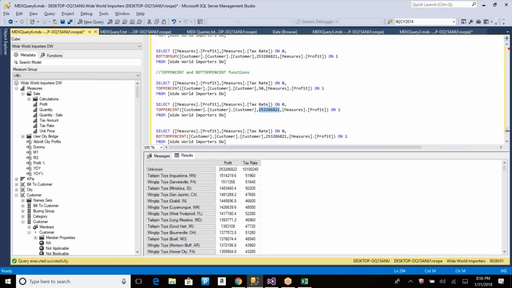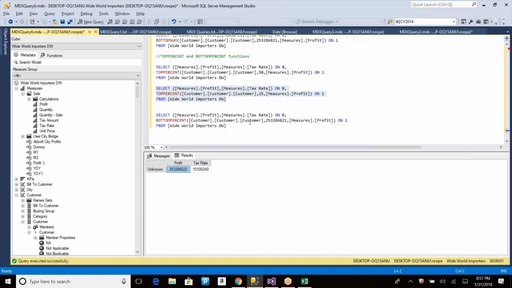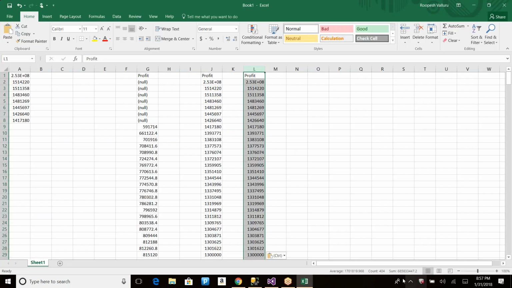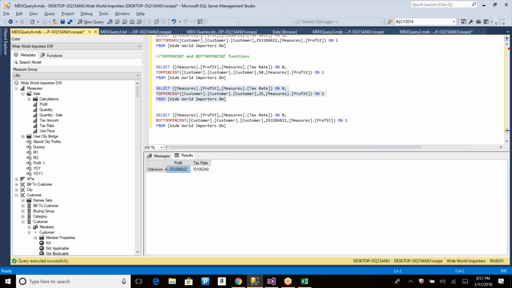The same way I can give 90%, or let's say 25%. It gives you the number of top customers who contributed 25%. The first customer itself is 25% of the total sale. It starts with 25, whereas the total is close to 70, and it can't split it, so it gives the first record, which contributes 25%. If I specify 30, I may get two or three more. No, this is contributing 30% too. Let's go for 35,